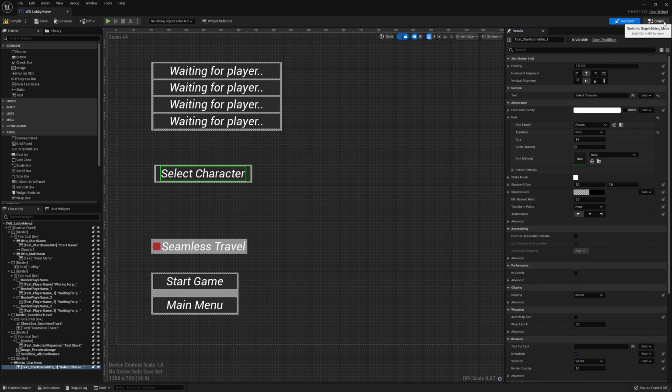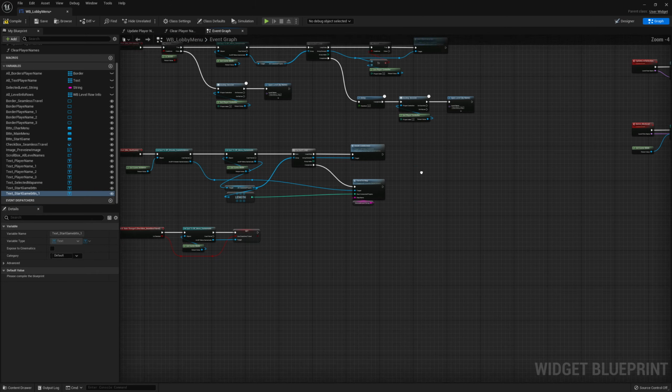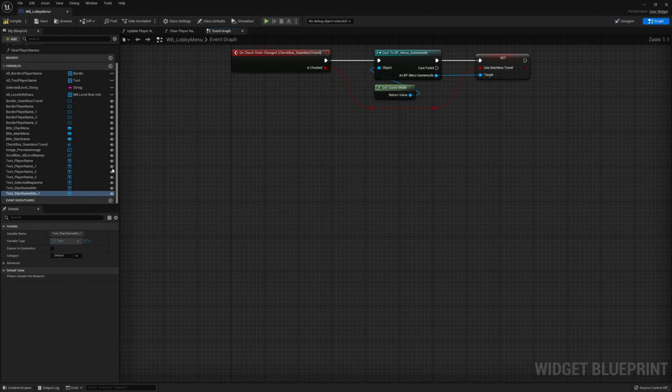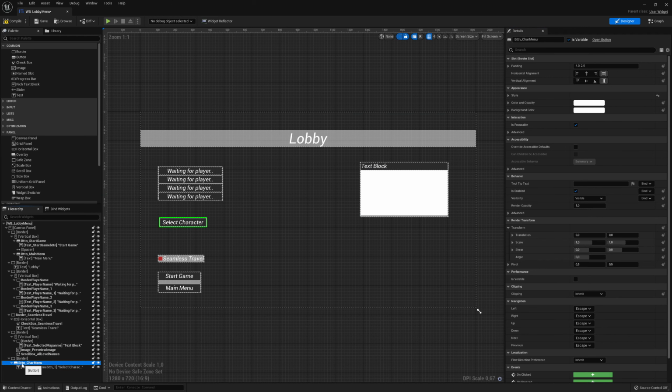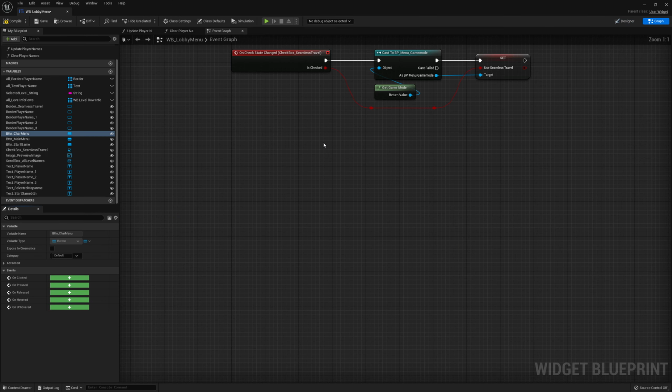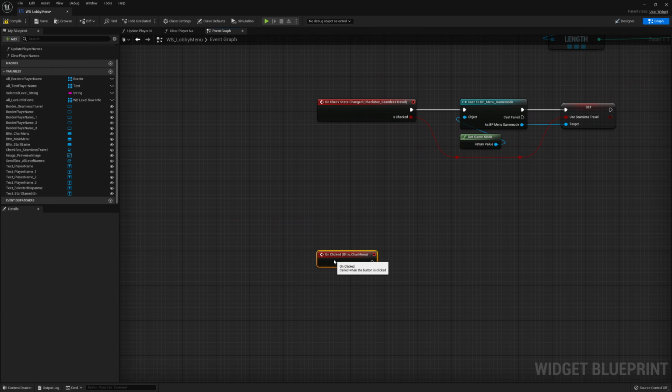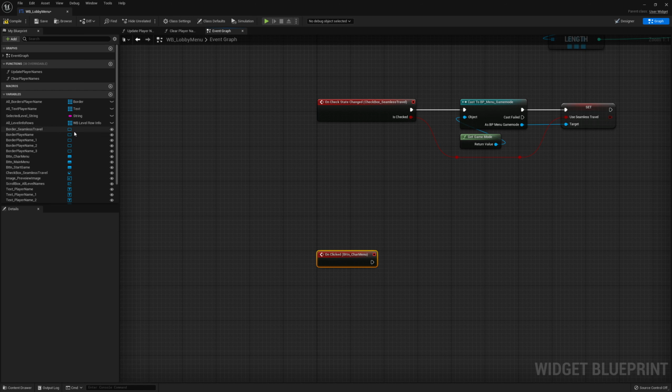So if we go into our graph, then we can add an on-clicked event for this button. Oh, I thought I changed the name. Compile, so we have the text as a variable, we don't need that, so let's disable that. And we want our button character menu, so go to the graph, okay, add an on-clicked event for this. And we simply want to get our